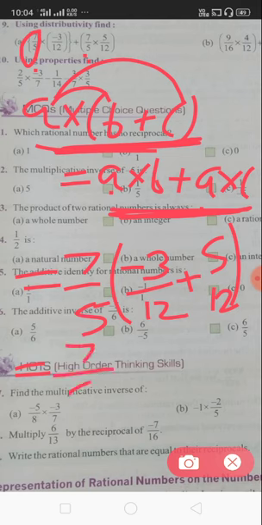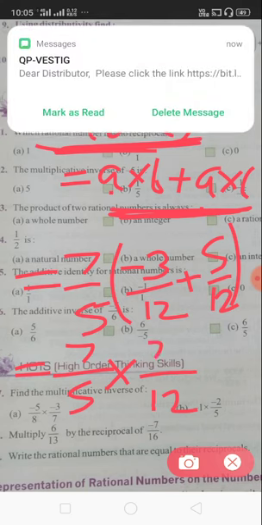First you write 7 upon 5 into, there is a bracket, and first is written 7 upon 5. There is no sign in between them, it means multiplication. Now you simplify here. The denominator is the same, just write 12, and in the numerator is written 5 upon 12 and there is minus 3 upon 12. 5 and minus 3 have different signs, so you have to subtract 5 minus 3, you will get 2.